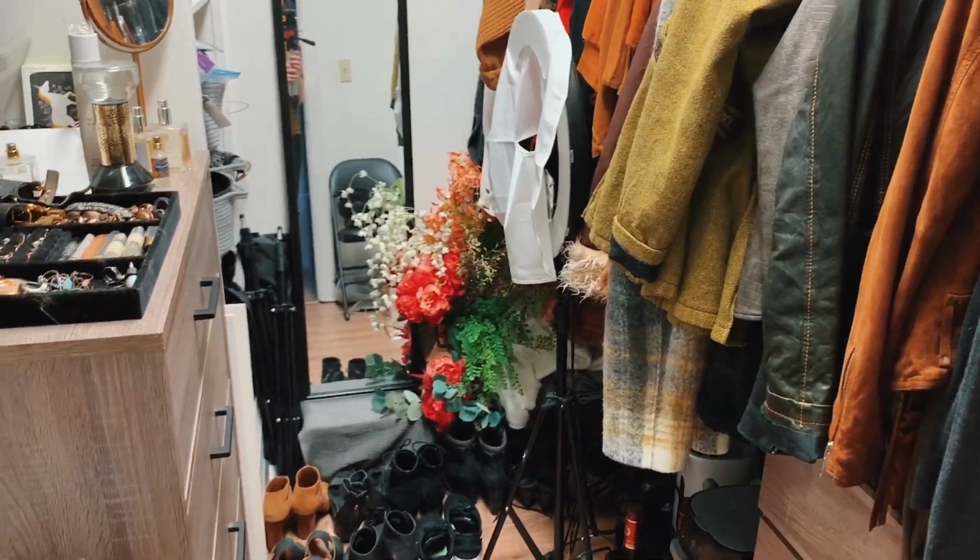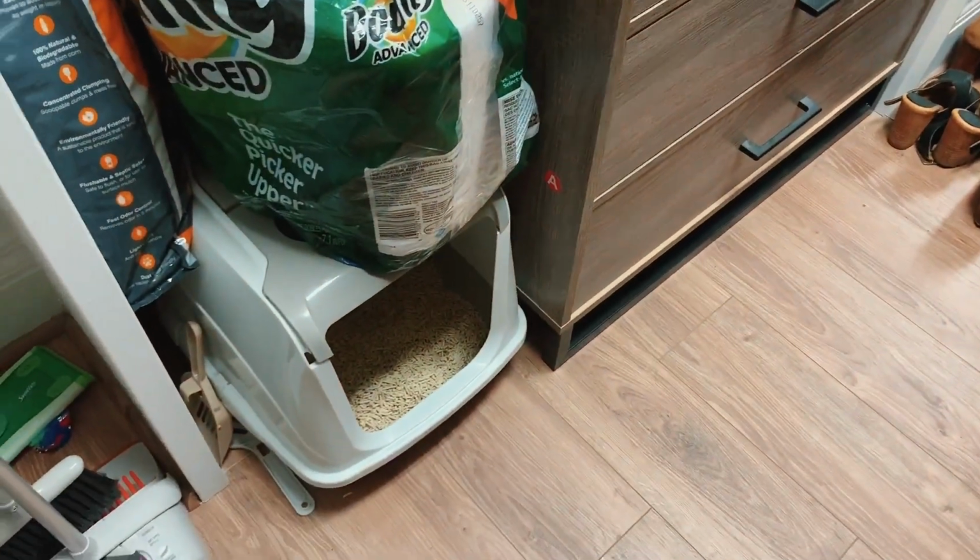In the studio, I had the litter box in my walk-in closet, and here we have the litter box in the hallway closet when you enter the apartment. It's not ideal having a litter box in a closet, but where else is it gonna go? So, by the way, if having a litter box hidden away in a closet isn't an option for you, then